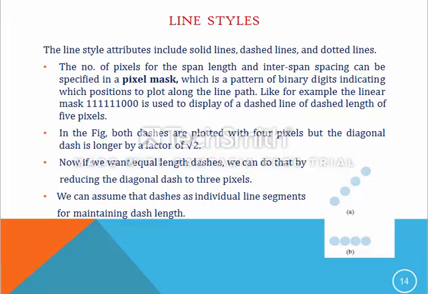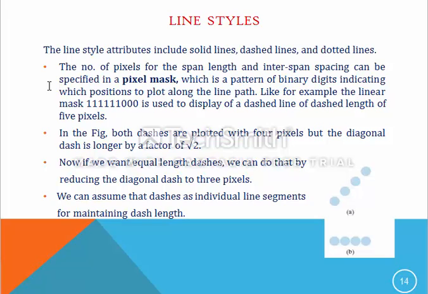Line styles. The line style attributes include solid lines, dashed lines, and dotted lines. Raster line algorithms display line style attributes by plotting pixel spans. For dashed, dotted, and dot dash patterns, the line drawing procedure outputs spans of contiguous pixels along the line path, skipping over a number of intervening pixels between the solid spans. Pixel counts for the span length and the interspan spacing can be specified in a pixel mask. A pixel mask is a pattern of binary digits indicating which positions to plot along the line path. For example, the linear mask